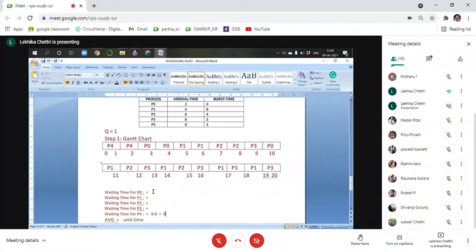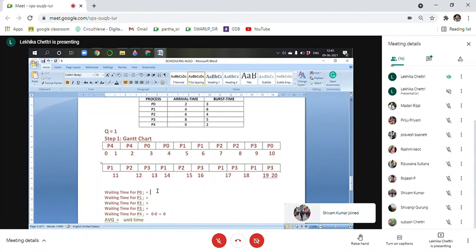So let's calculate for P0 now. P0 came to the main memory when the time in the system was 2. So we write down here 2 minus, it came at the time 2. So when did it get the CPU? P0 को पहली बार CPU कब मिला? 2 में. See here. So I write down here 2. Let me put it in a pair of parentheses, because P0 will reappear in the future.